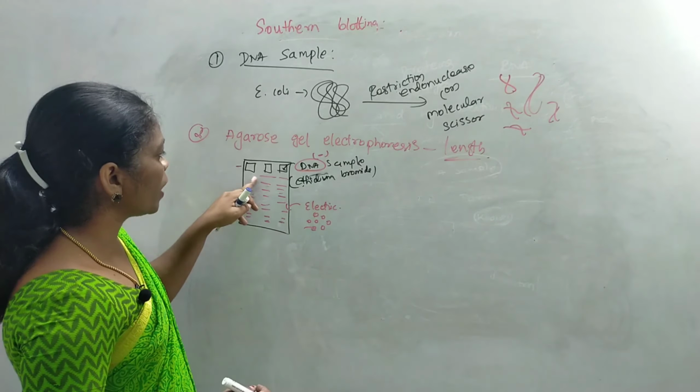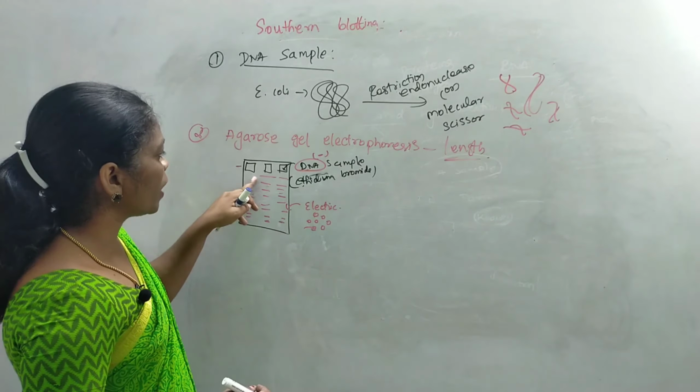Now, to go further with the blotting technique, I have to separate this DNA, because I didn't unwind the DNA when I treated it with the agarose gel electrophoresis method. Now I have to separate the DNA strands. Remember our target DNA sequence, it is G, A, T, T, C. I have to find this target DNA sequence.